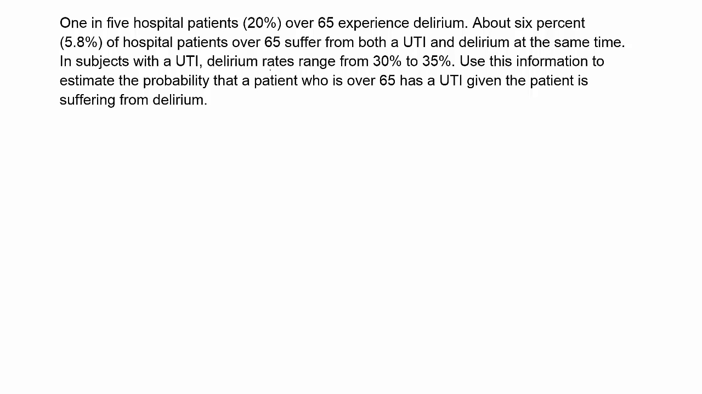1 in 5 hospital patients, 20% over 65, experience delirium. About 5.8% of hospital patients over 65 suffer from both a UTI and delirium at the same time. In subjects with a UTI, delirium rates range from 30% to 35%. Use this information to estimate the probability that a patient who is over 65 has a UTI given the patient